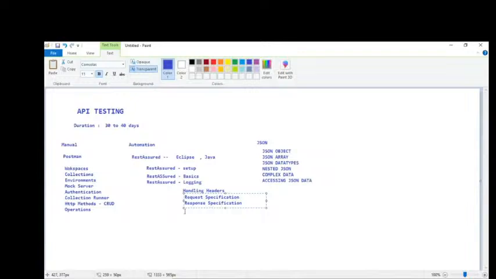After covering this request specification and response specification,